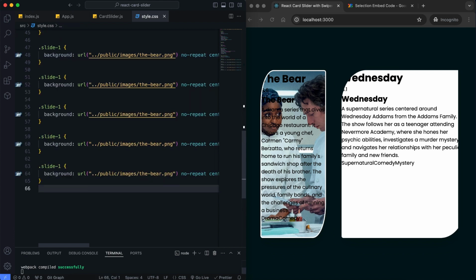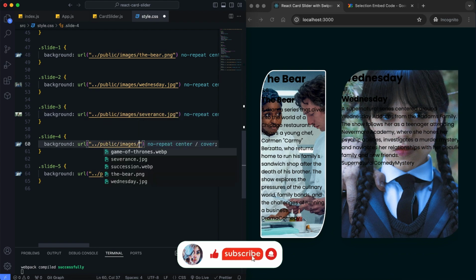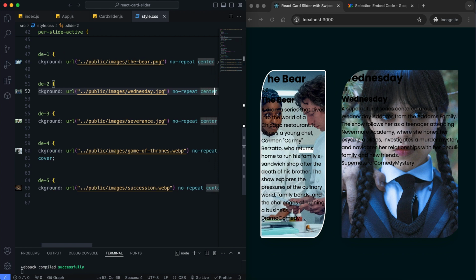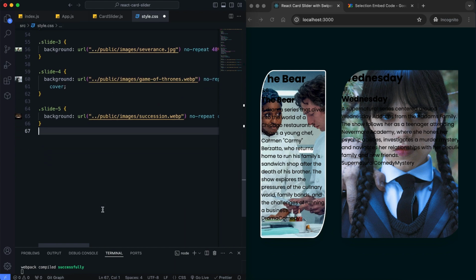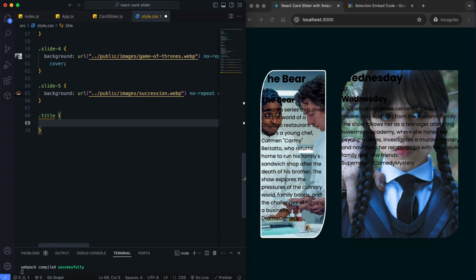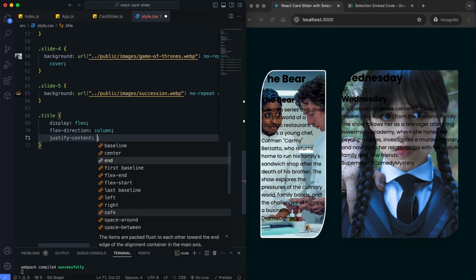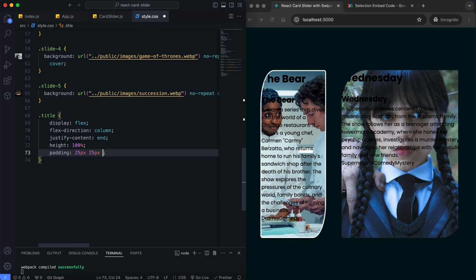Each slide in the slider has a different background image. The images are centered and cover the entire slide area. I align the title at the bottom with Flexbox and set padding for spacing.